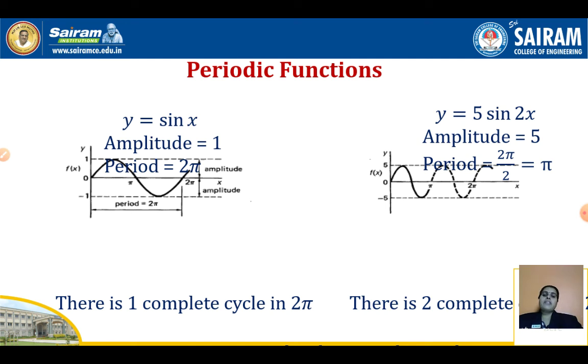So some of the examples of periodic function, take y is equal to sin x. So here sin x is a function and it is a waveform. We know very well that sine is a waveform, and it starts from 0 and it completes one cycle at 2 pi. So this is what a sine curve looks like.